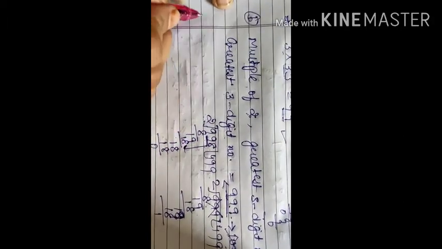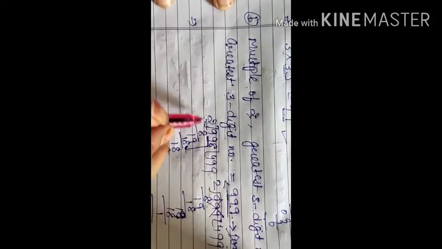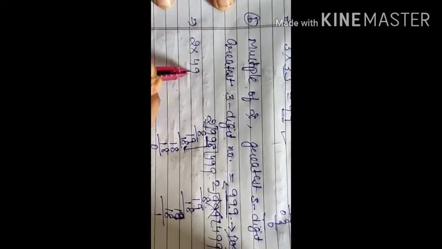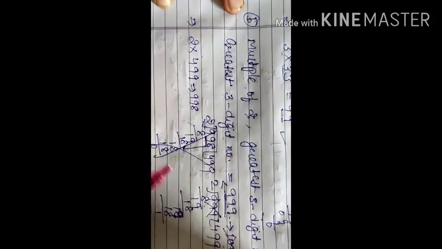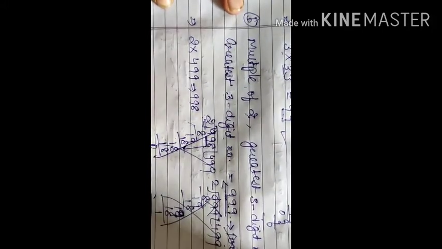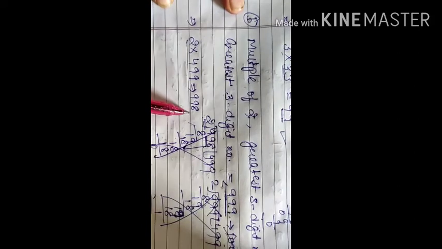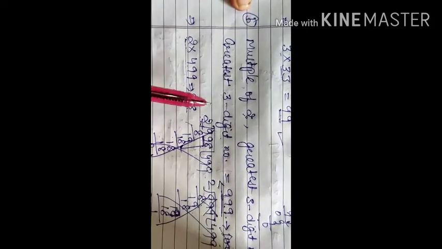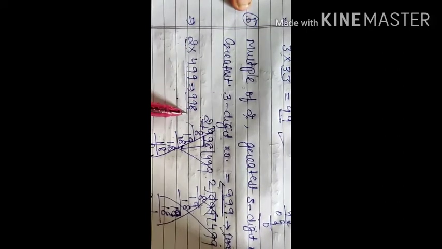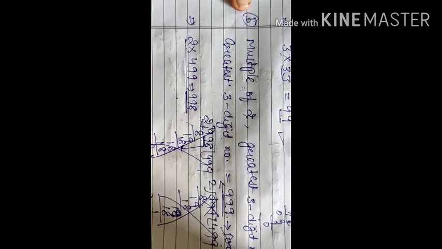So similarly, we can say that when you multiply this 2 by 499, you will get 998. This is rough work. This you will do in your rough notebook, not in the fair notebook. In the fair notebook, we will write this one. That means it is a multiple of 2. Multiple means multiplied by 2. Then we will get the greatest 3-digit number. So this is our required answer.